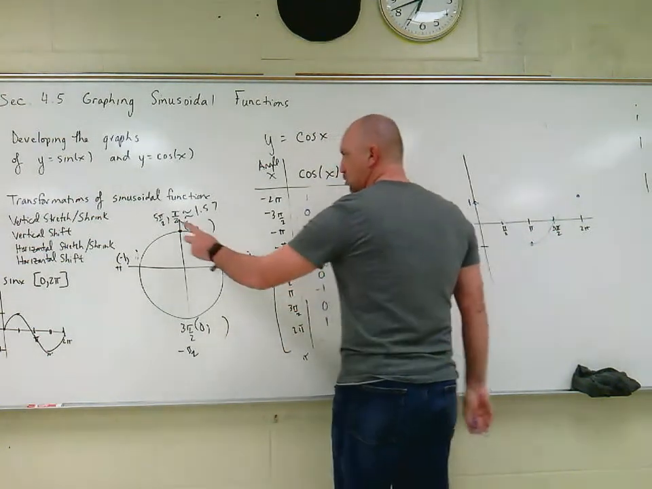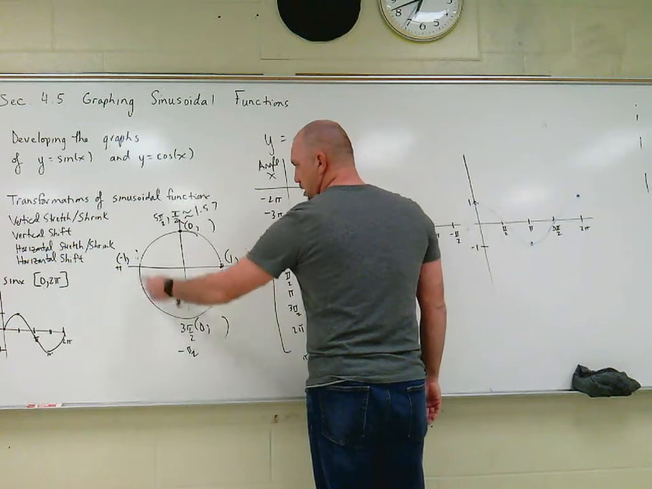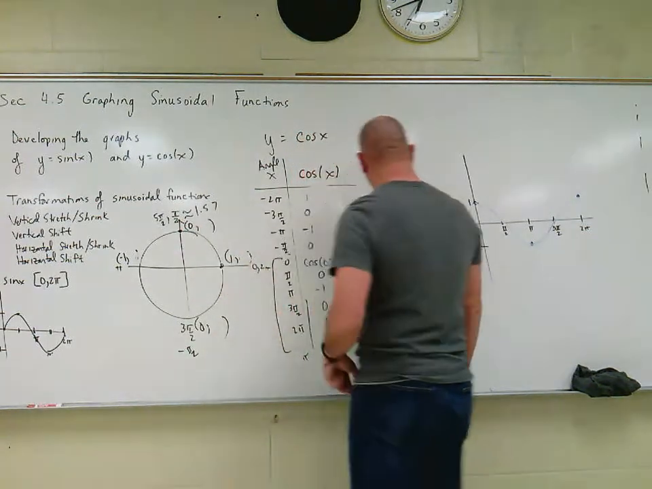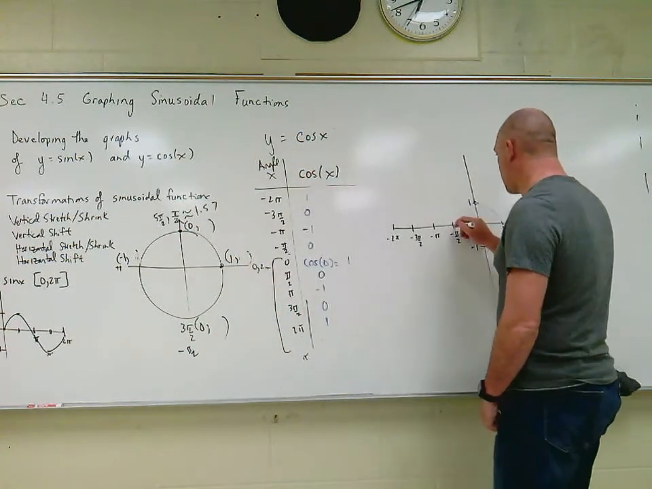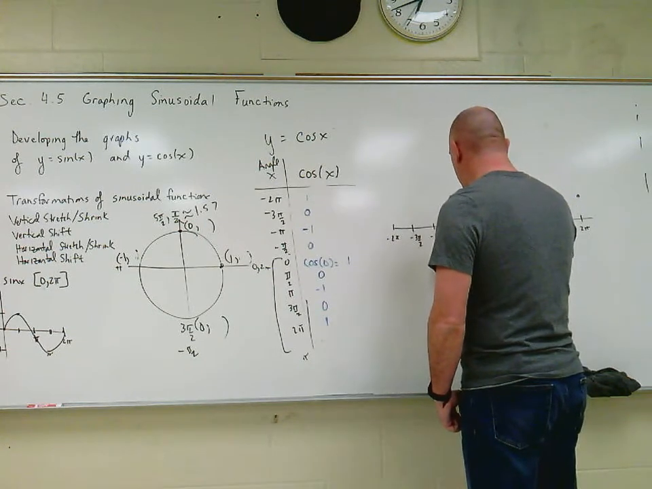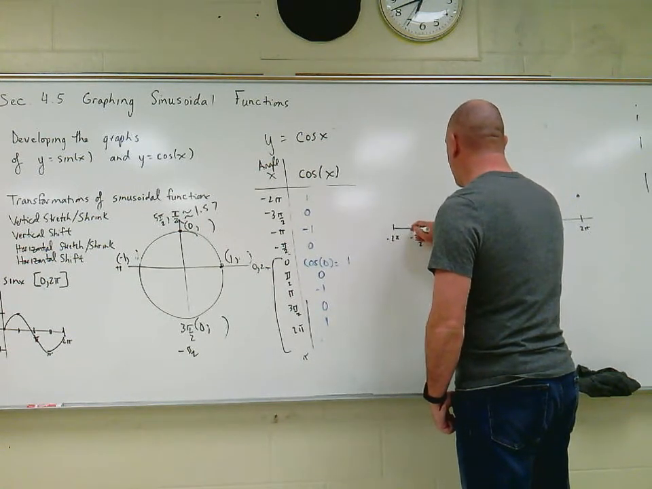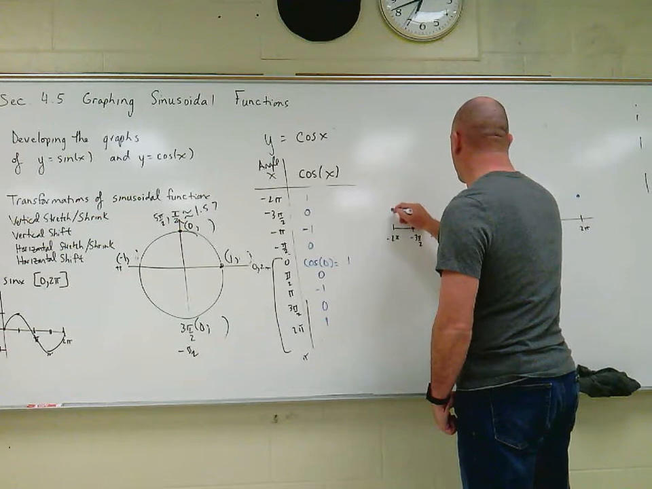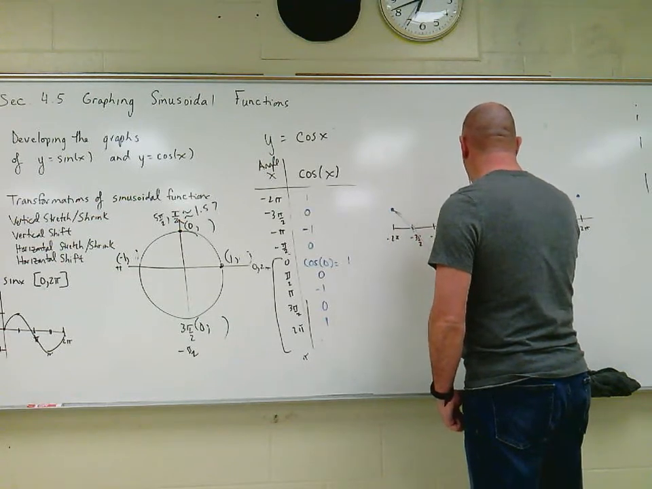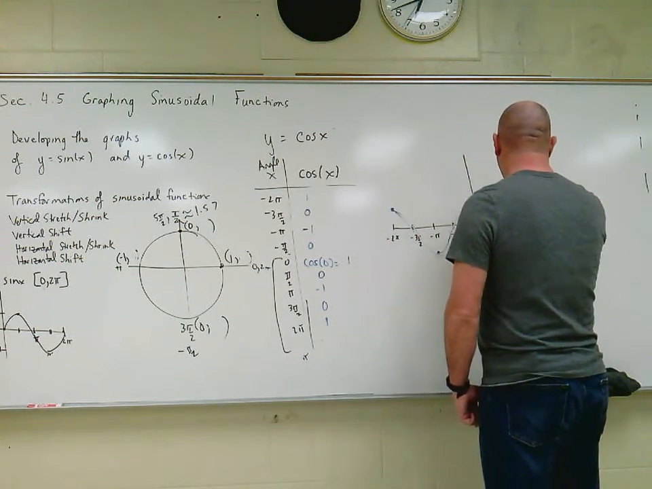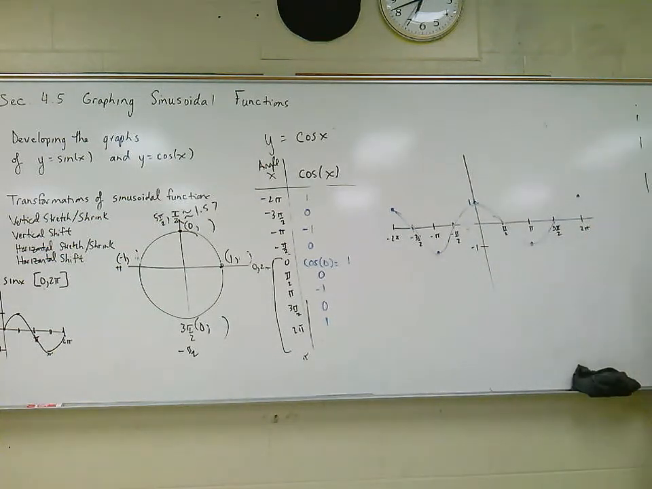So all we're doing is looking at the angle, and what's the x coordinate? That tells us cosine. So negative pi over 2, 0. Negative pi, negative 1. Negative 3 pi over 2, 0. Negative 2 pi, 1. And if you plot that,